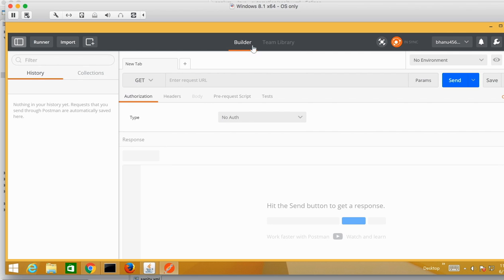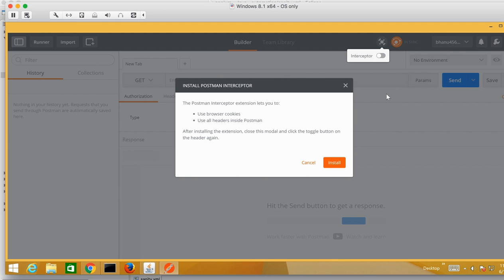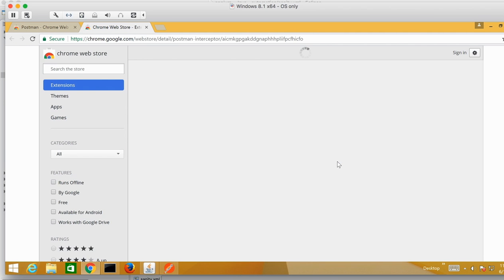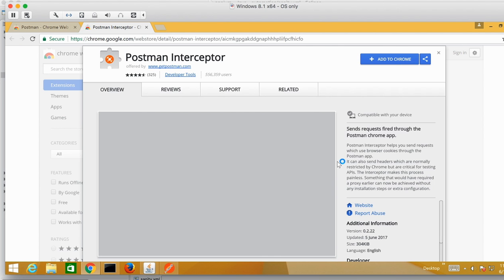Once Postman is installed, here you have the interceptor. Click on that and turn on the interceptor. When you try to turn it on, install options will come. Click on install. Why do we need this? Because this interceptor will help us store the cookies. So click on add to Chrome.